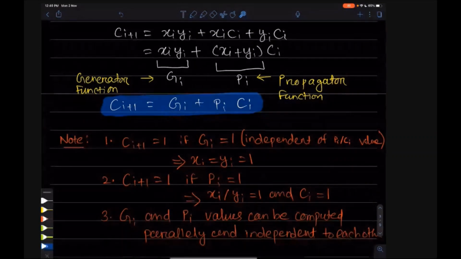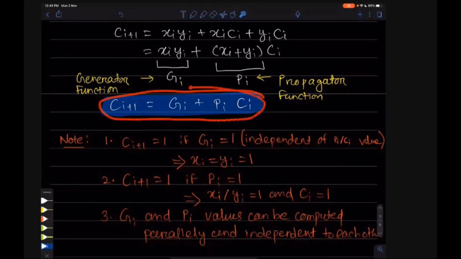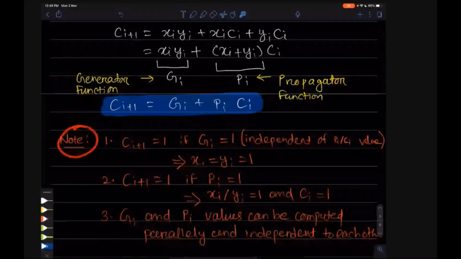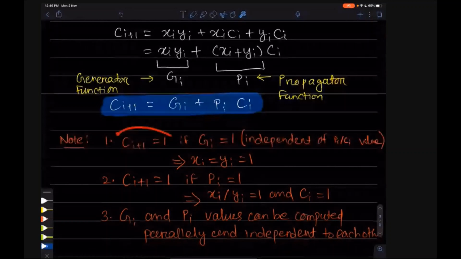So from this equation we will see some notes. When ci plus 1 will be 1, either gi will be 1 or pi ci will be 1, because there is an OR operation here.